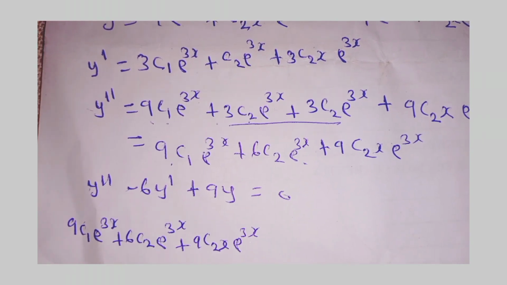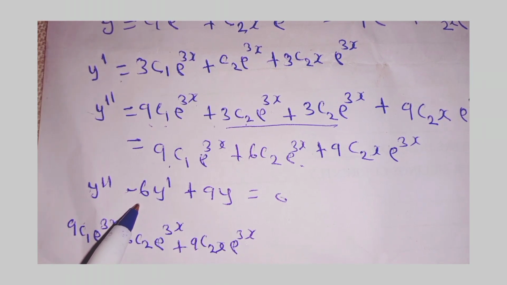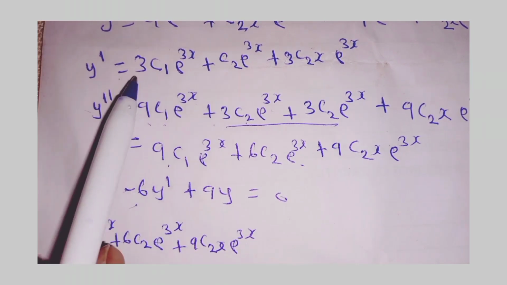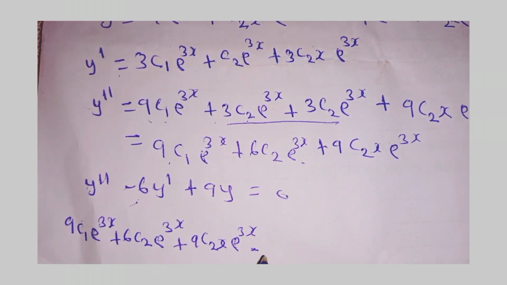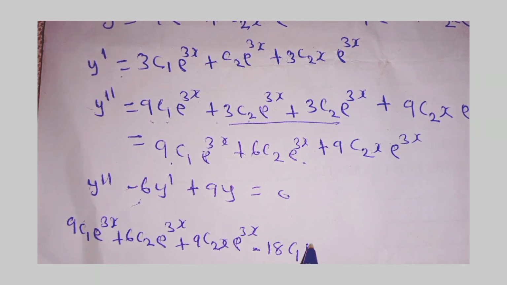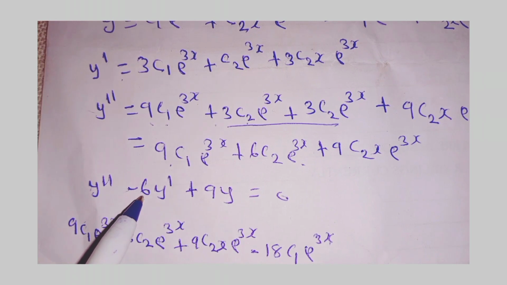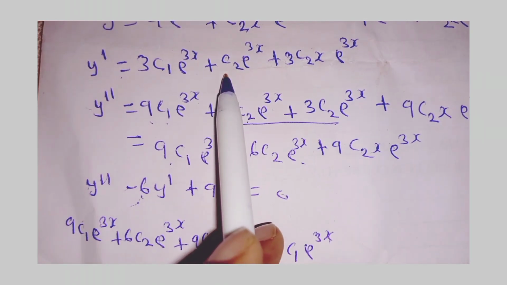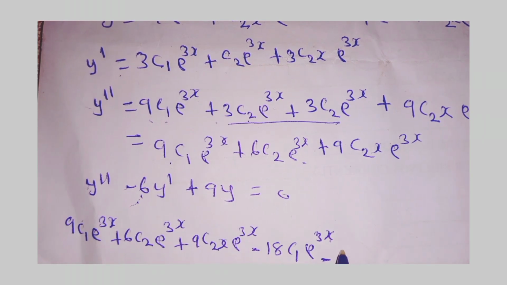Then we substitute the value of y single prime and multiply it with negative 6. So you will have 3 times negative 6, which will give you negative 18 c1 exponential 3x. Then you have 6 times c2, which will give you minus 6c2 exponential 3x,